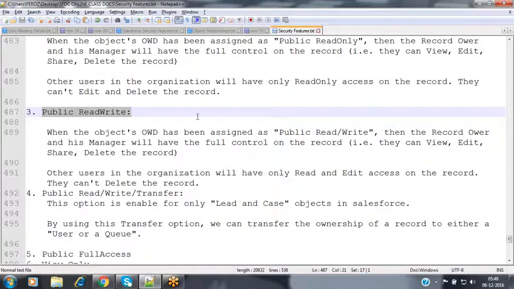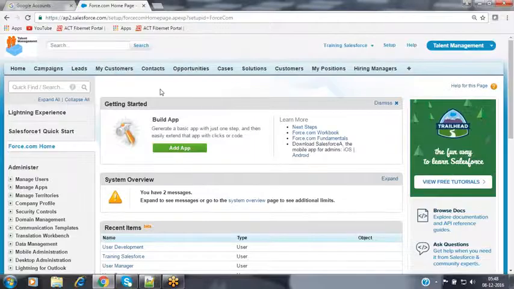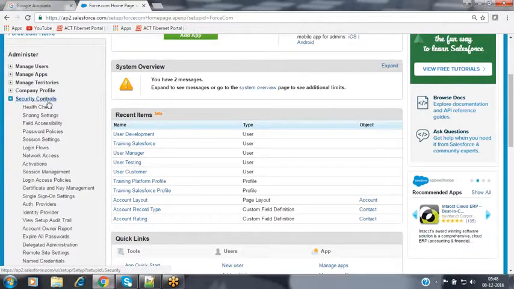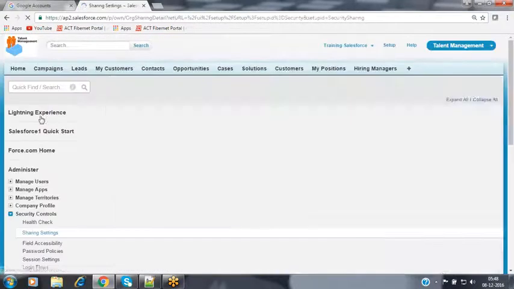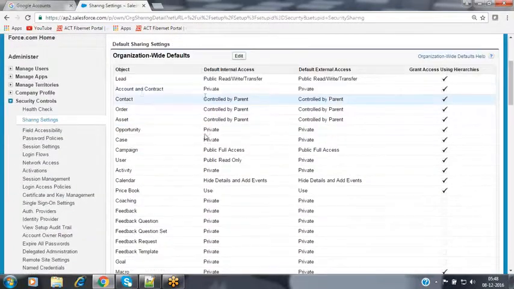Now let's see it practically. How can we implement that? Let's go to your Salesforce instance. Go to the OWD options. For that, go to the security controls and then the sharing settings.